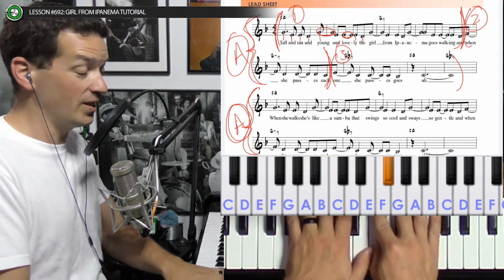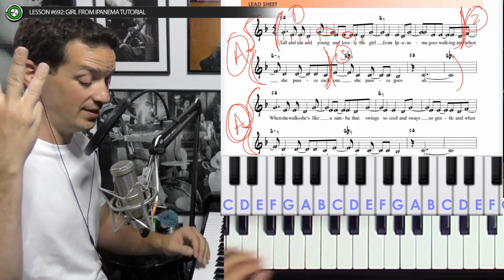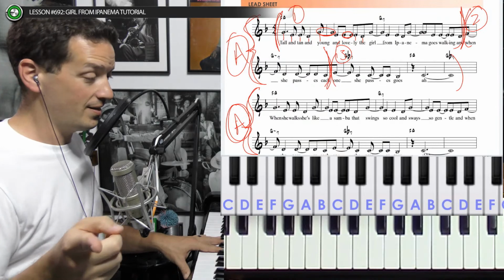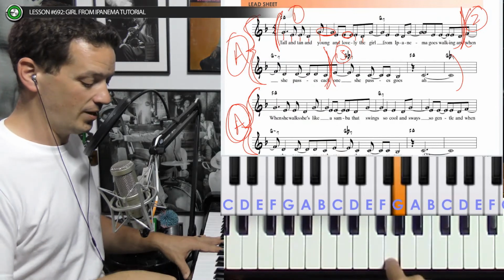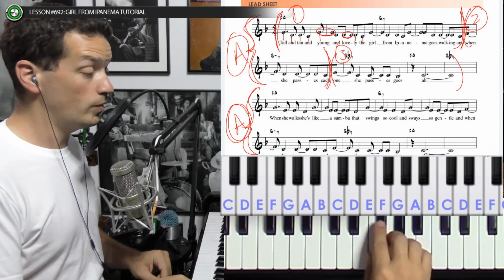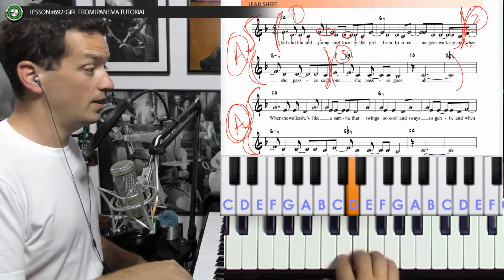But fortunately, we get the A section 3 times, and that was relatively easy. So let's go from the top. I'll play all the notes, get all the notes that you can, and then rewind the video whenever you need to, and try it again. Let's go. And a 2, and a 1, 2, ready, go. Top and